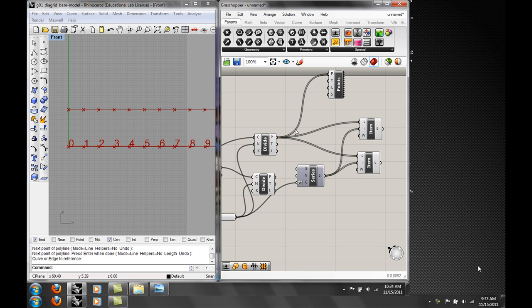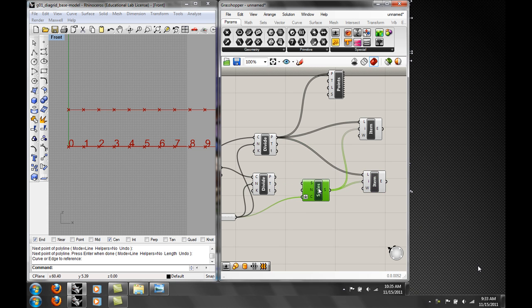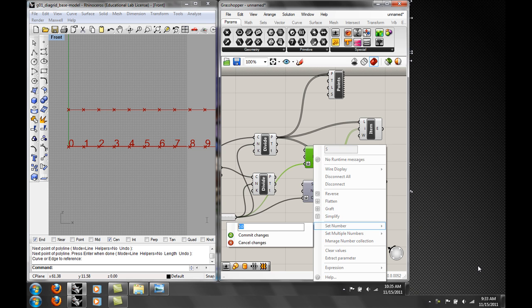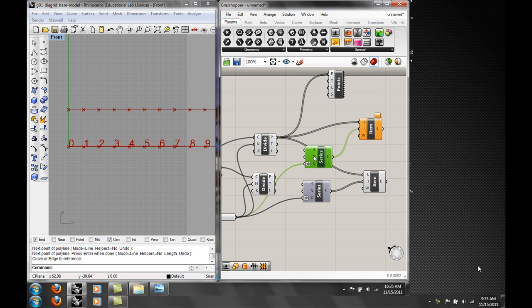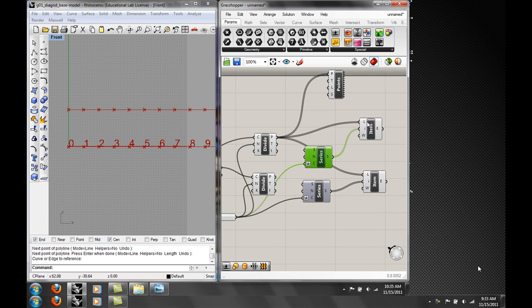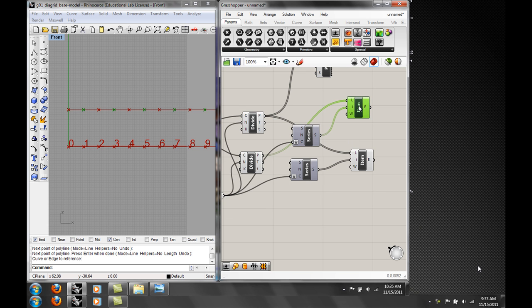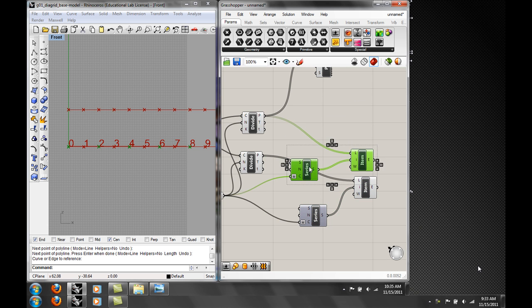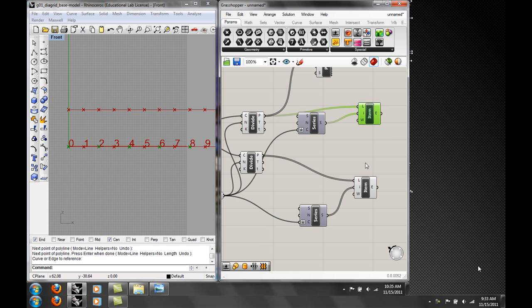So I'll take this list, and I'm going to do a new series, plug it in, and this one I want to do like 1, 3, 5. Okay, so this is going to start at 1, and I'm going to add, let's see, 1, 3, 5. Yeah, and then this one I'm going to take off the +1. Wait a minute, I plugged in the wrong list again. Let's fix this. Okay. These are down here. These are up here. Okay, so I got these, and I got these. And